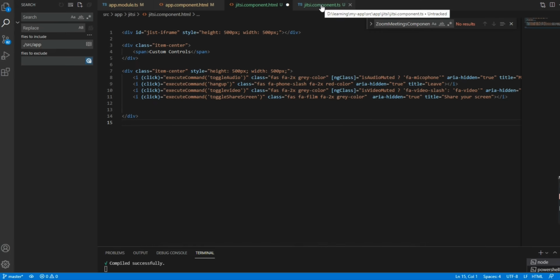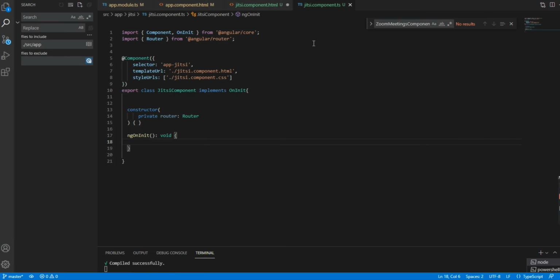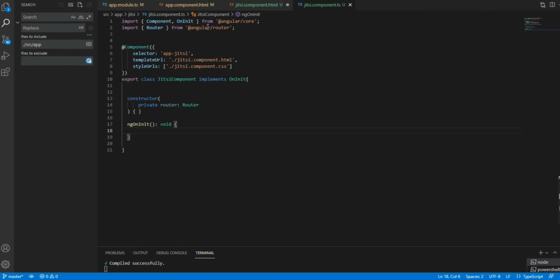So we will write share screen. I think there is no need of a condition here, so I'm removing this condition. Execute command. Okay, done.